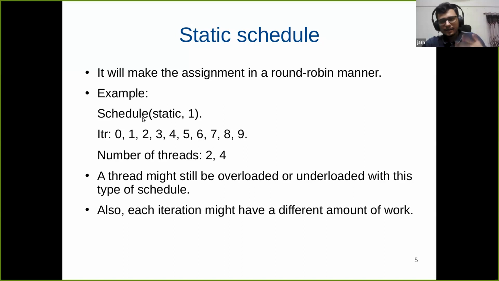So let us consider this example. We have this loop in which we have 10 iterations. Here I have specified ITR, the iterations, which goes from 0 to 9. Let us say we'll take both scenarios, with 2 threads and 4 threads. And let us say you have specified the scheduling as #pragma omp parallel for schedule static, 1. So type is static, and 1 is the chunk size. Now let us go back to the whiteboard to understand this example pattern.